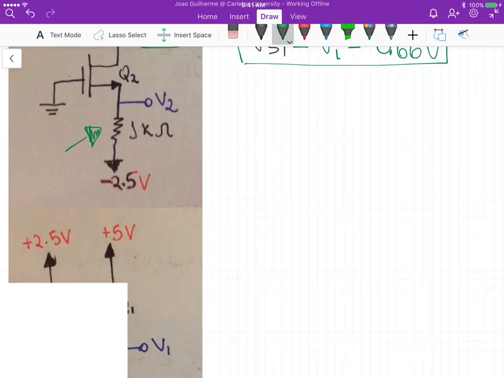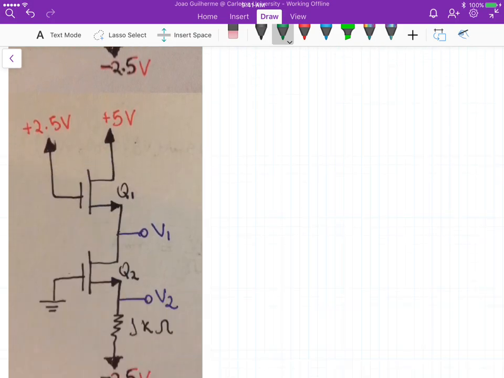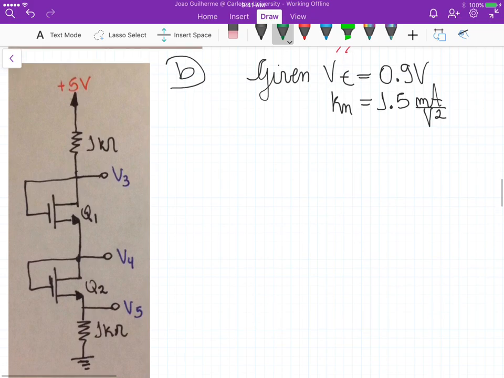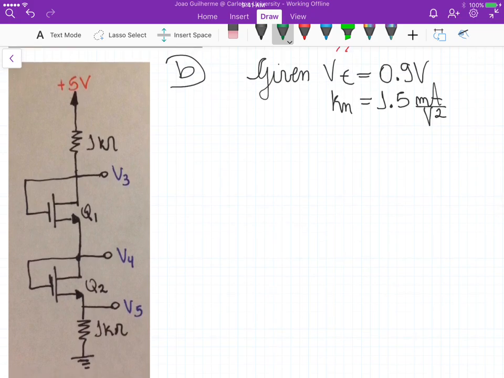Now for part B, so let me go down here. Let me pick part B. So for part B, we have a different circuit, but the parameters of the transistors are kept the same. So we still have VT here, that's 0.9, and the device transconductance, that is 1.5 milliamps per volt squared. Now if we look at this circuit now,